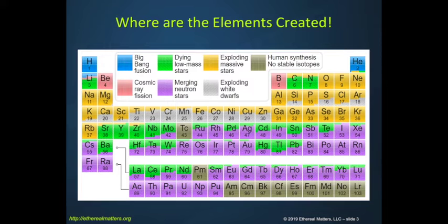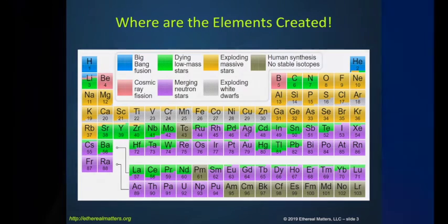And exploding white dwarfs. So all of these are extremely high pressure, high temperature, and very, very unique environments, and they do not exist here on the planet. So the conventional belief is that elements are only changed into different elements in this type of a high pressure, high temperature environment. What I'm going to talk about today is a whole different theory that gets into different ideas about this,